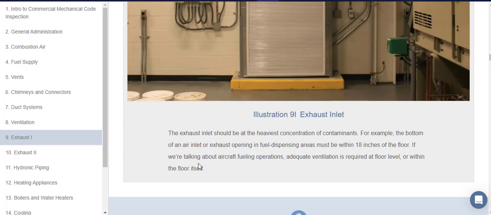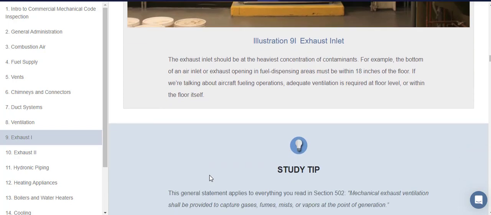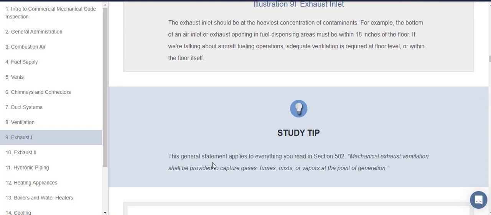If we are talking about aircraft fueling operations, adequate ventilation is required at floor level or within the floor itself. Study tip: